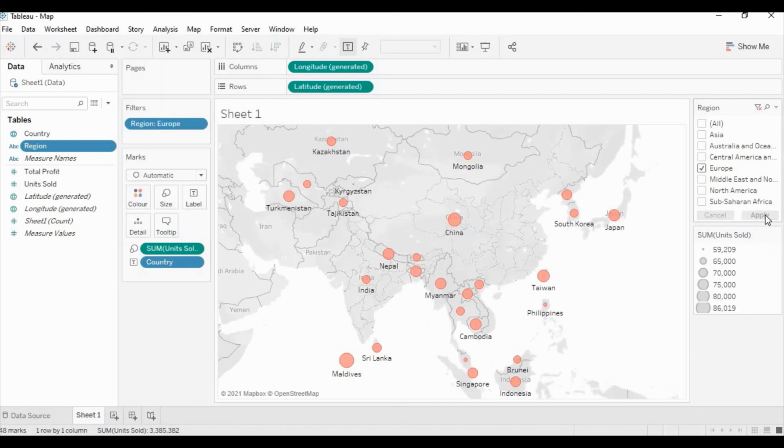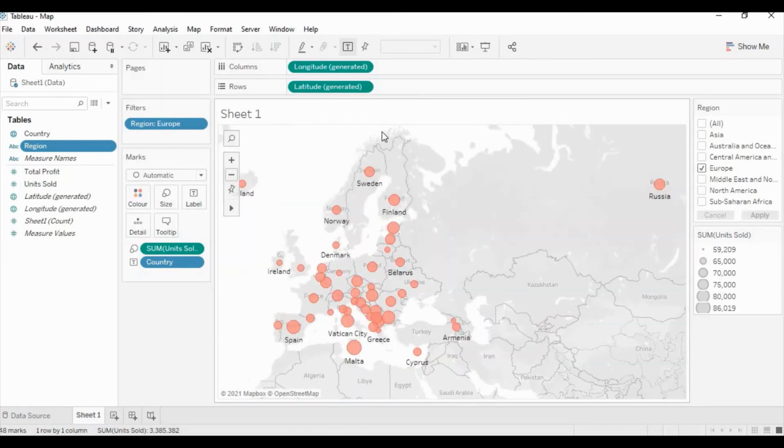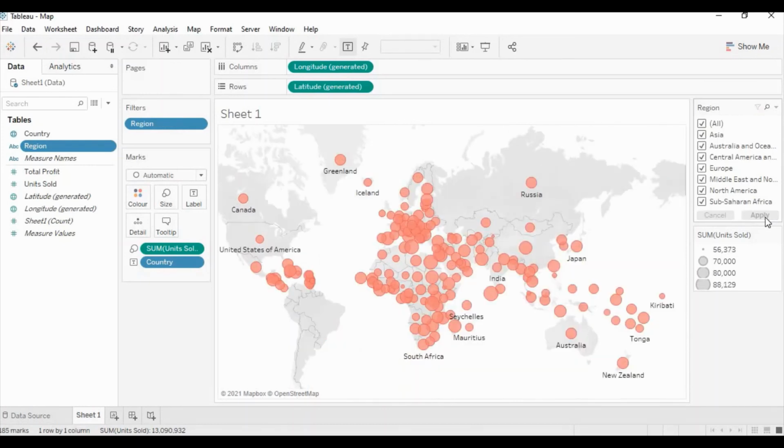If I click apply, it will automatically go to the Europe region, right? This is very helpful during the analysis and when filtering out the region for the map area. So this fixed map option should always be unselected, so that the map will automatically enlarge as per the selection of filters. Let me select all regions, and if I click on apply, it will show all regions for the whole map.